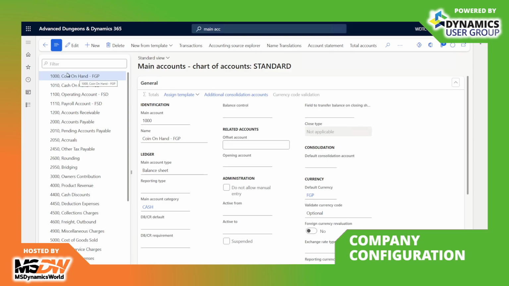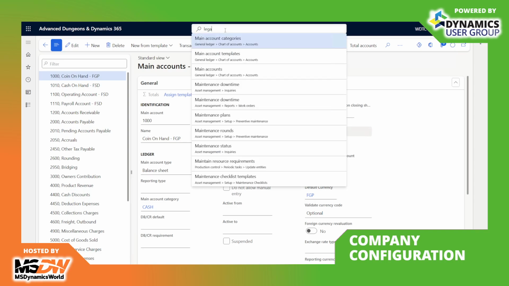And also, we can create other banking accounts, for example, like coin on hand, which is tracking everything in gold pieces. And then we could have our banking accounts, or the cash on hand, or our operating accounts in dollars, which are going to be converted using the currency conversions that we've set up. By building this up from the base, we can really learn how the accounts work and how we can manage these. Now, if we look at our legal entities,